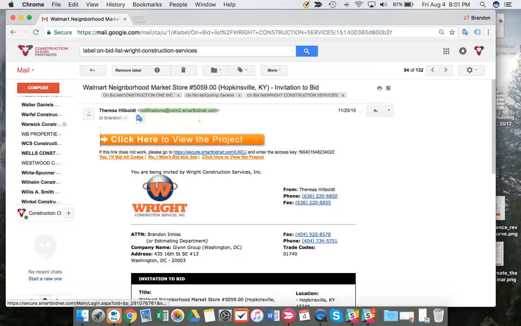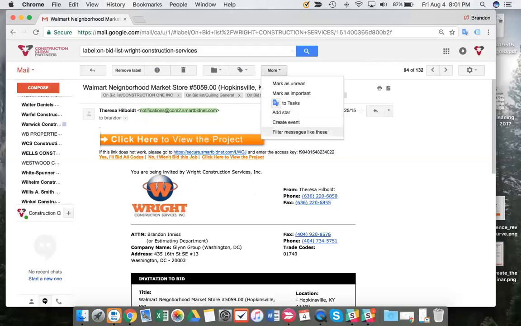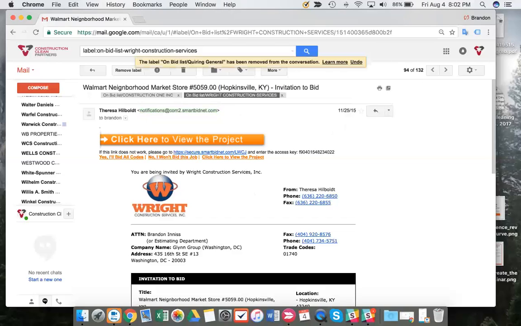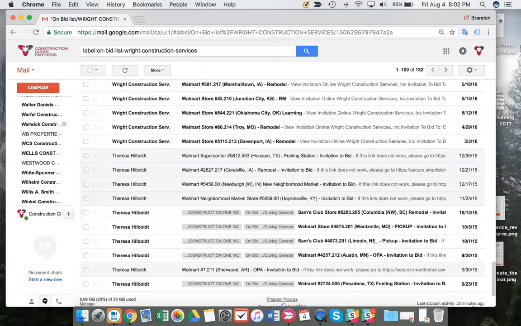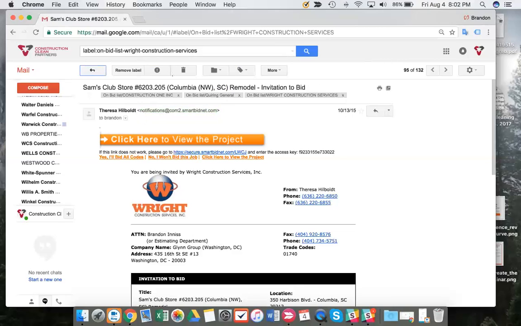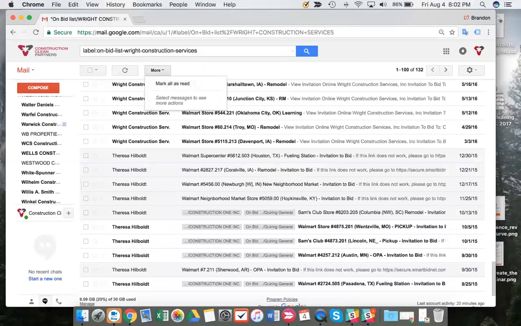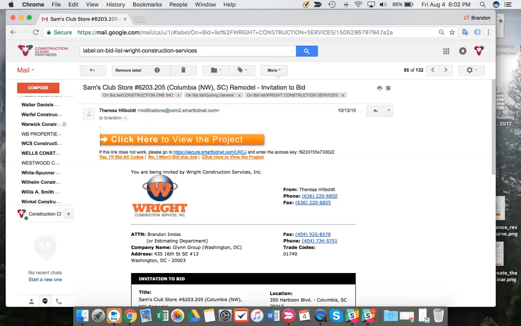So there should be 3 different requirements for this email to go to Wright Construction. This email plus Teresa plus the word Wright. I want to fix this. Let's see if I can do that. So it's not going to be just in more because the filters here, not just remove label, but I think it's in, let's see if I go to more. Nope. Okay, so the filter here,